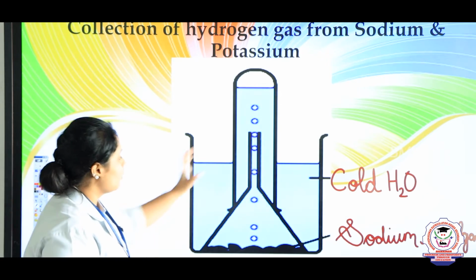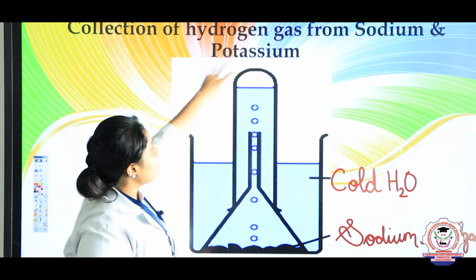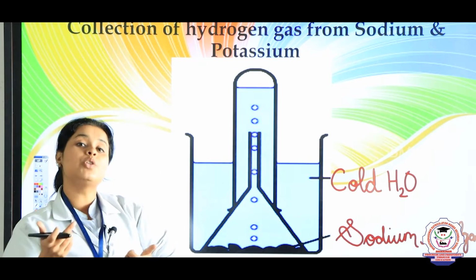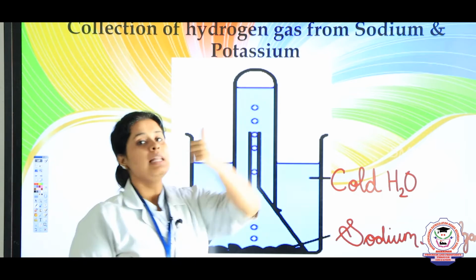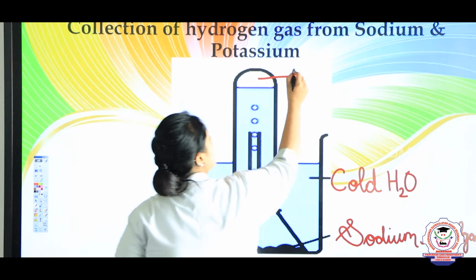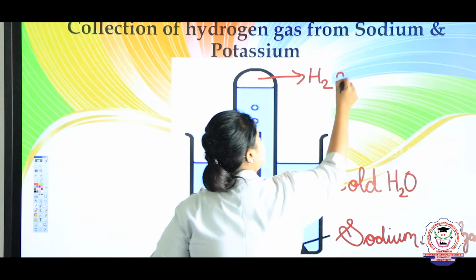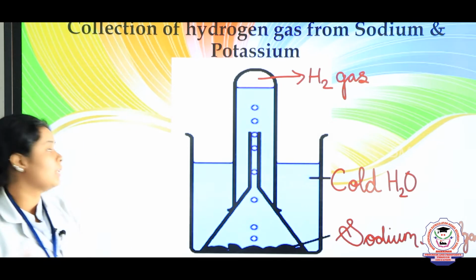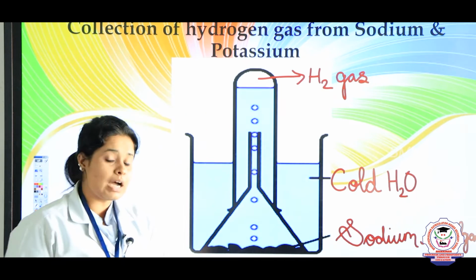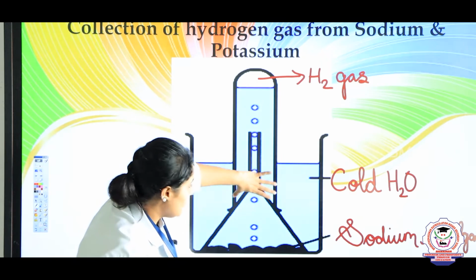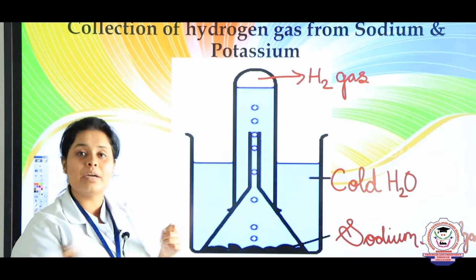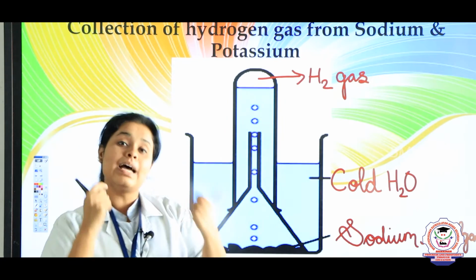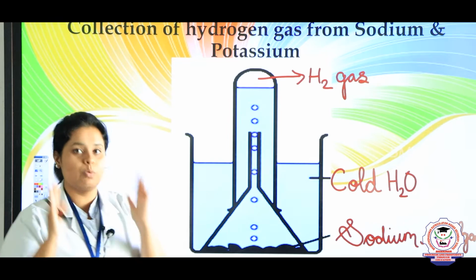When you keep the funnel over the test tube, you will see some bubbles coming. The bubbles show that hydrogen gas is getting liberated, and finally H2 gas will be accumulated here. Now how can you prove that hydrogen gas is really accumulating here? Take this test tube and a lit matchstick. You will see that the flame becomes even brighter. That is when you know that yes, hydrogen was present.